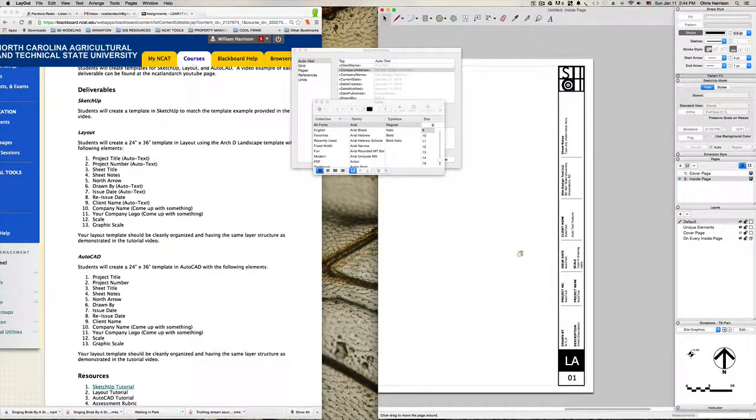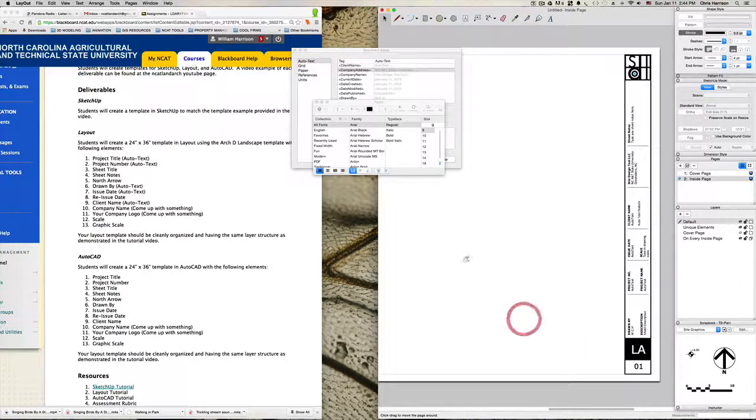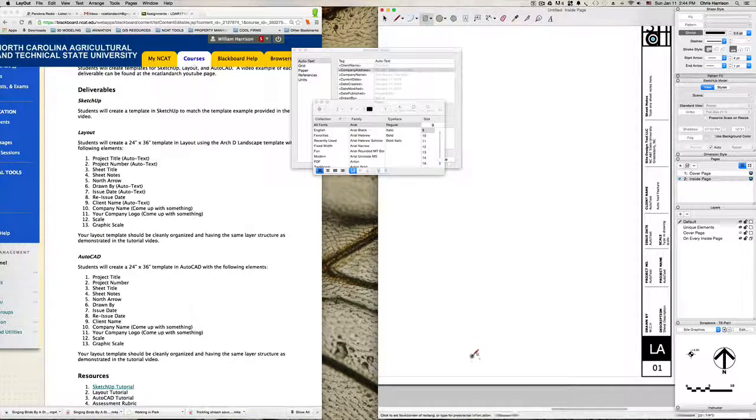What else do we need here? So I have the sheet title, north arrow, company logo, scale. We have a scale, yes, right there. And we also need to put in a graphic scale, and a north arrow, I believe, is the last thing that's missing. So to do a graphic scale, I'm going to grab a box here, the rectangle tool, and kind